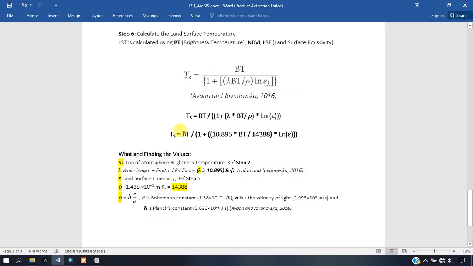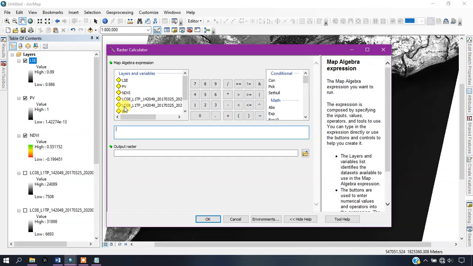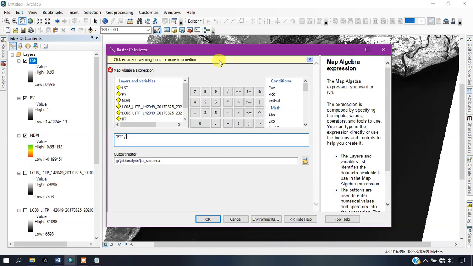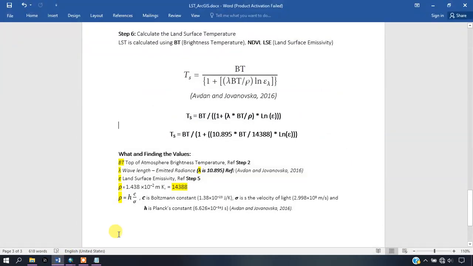So we need to add BT divided by, open the bracket, 1 plus, going back to the formula.